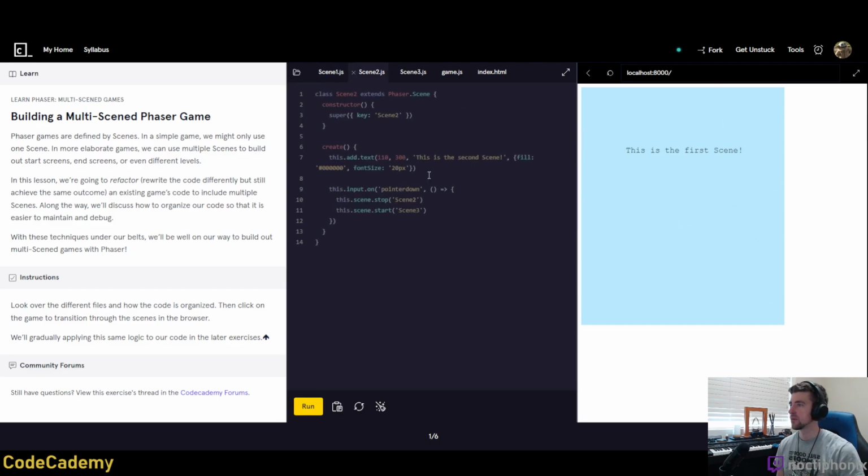Let's see, before we click anything, we know that once we click our pointer down, it's going to start scene 2, right? So we click, and then it says this is the second scene. And what's happening here is the same as what was happening in scene 1, except the text is different. So scene 2 is also an extension of the Phaser scene. It's inheriting all of the properties from that constructor or the config file that we saw, and then it's adding